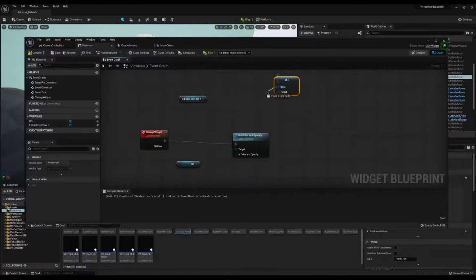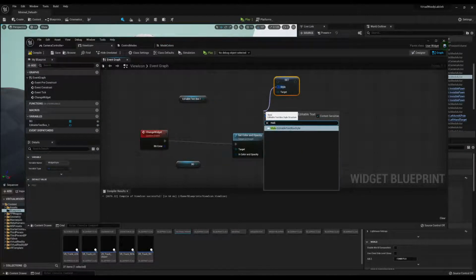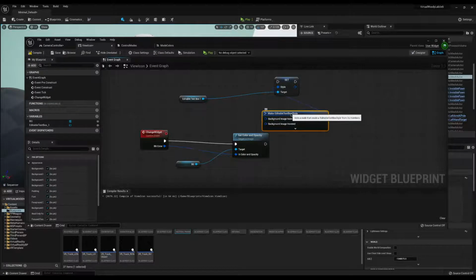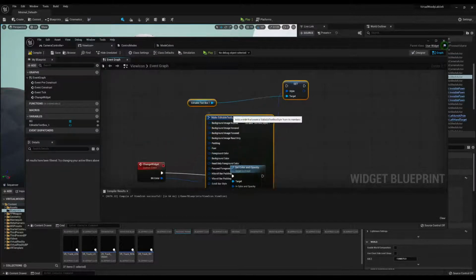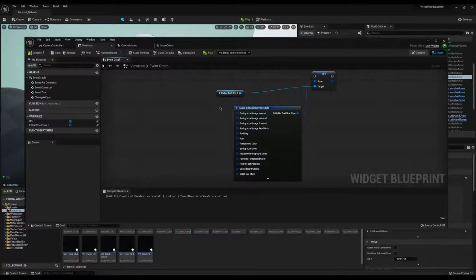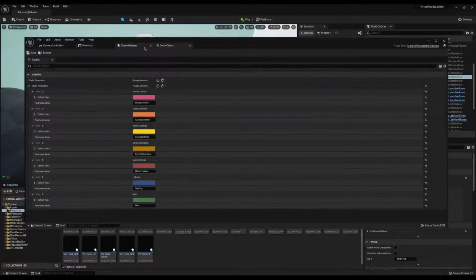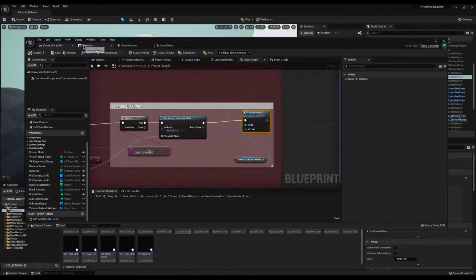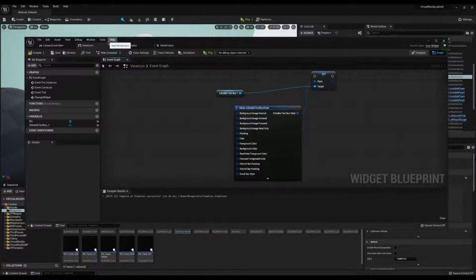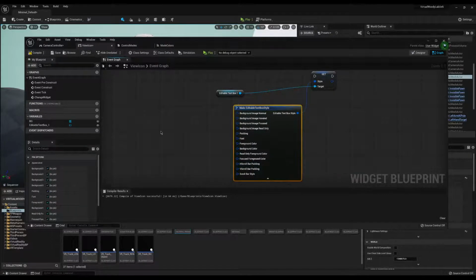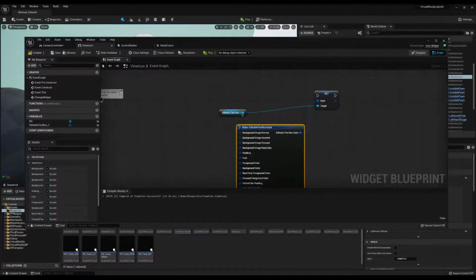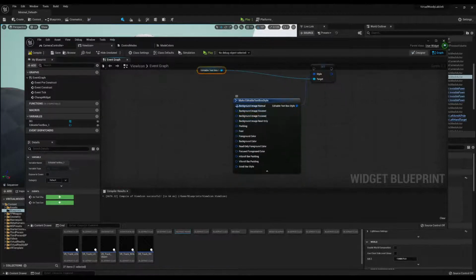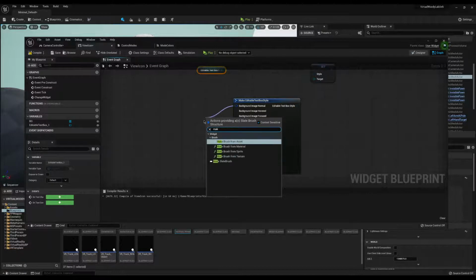Set style. Okay. Yep, it's happening. I got this. Got this. All right. So it should be the image normal. This is the first one. So make